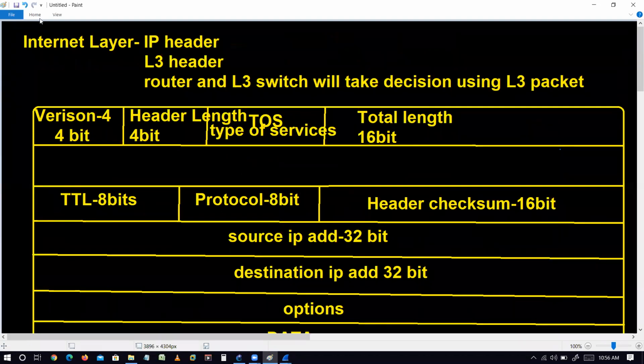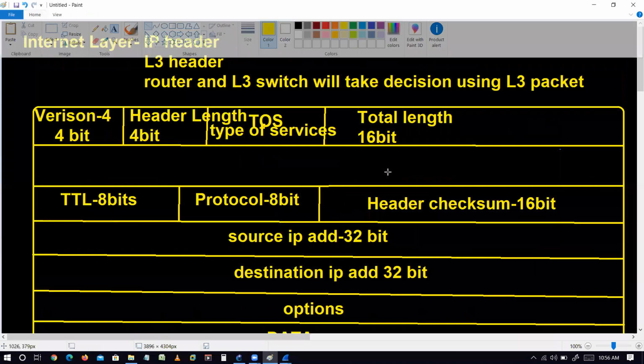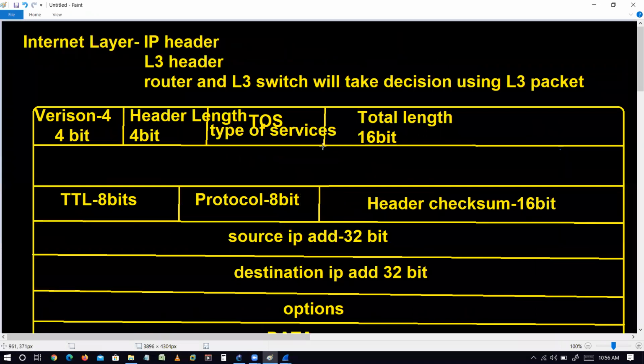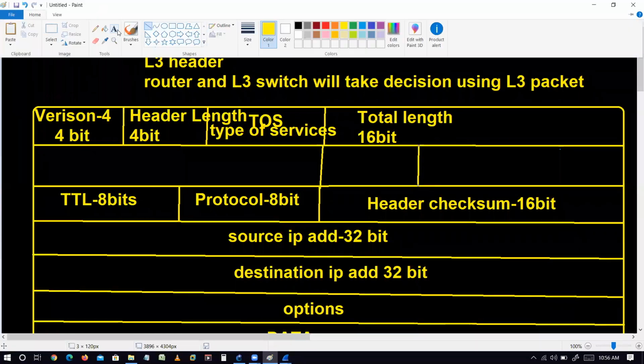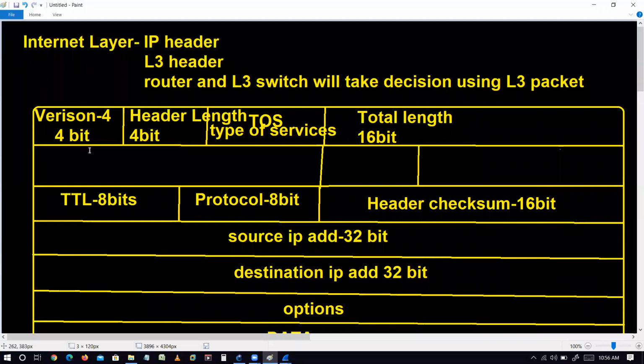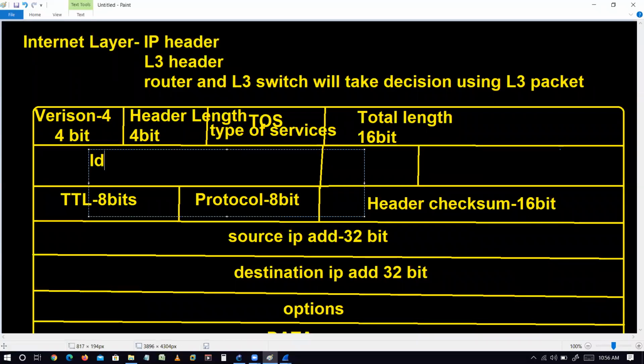Okay. So this is divided into three parts. First of all, here we have identification. The size is 16 bits, okay?